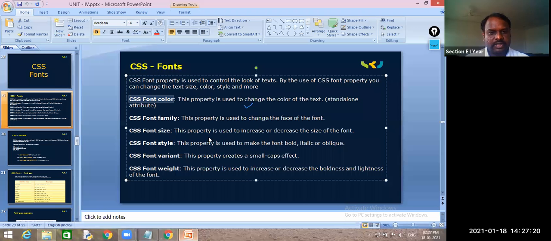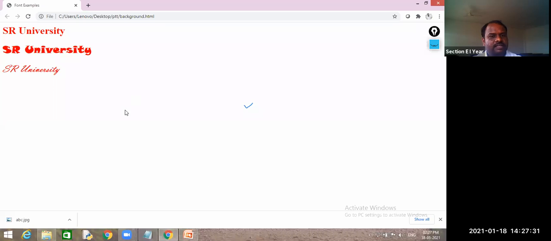Okay. Right. Next, font color and font family, now you understand. Next, font size. I want to increase the size. Previously, how did you do it? At most you used the H1 tag.